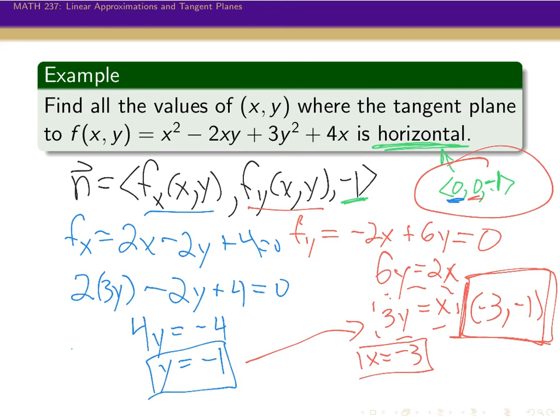In the same way that having a horizontal tangent line became important for certain questions in Calc 1, knowing where a tangent plane is horizontal is going to be important for certain questions in multivariable calculus. So we will definitely be seeing